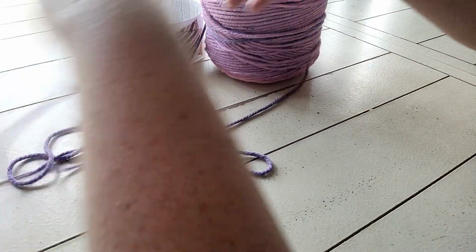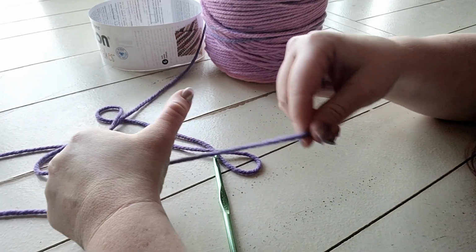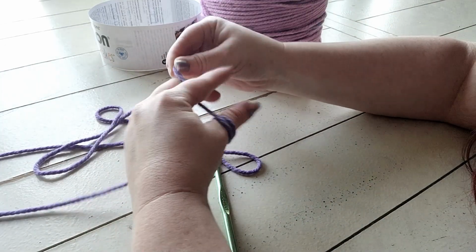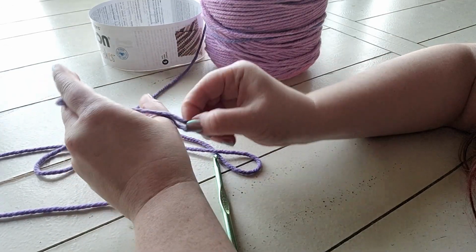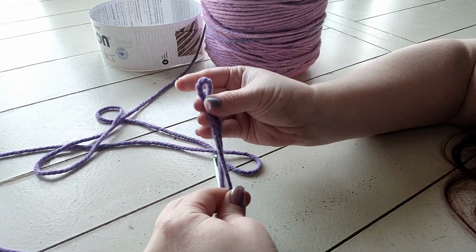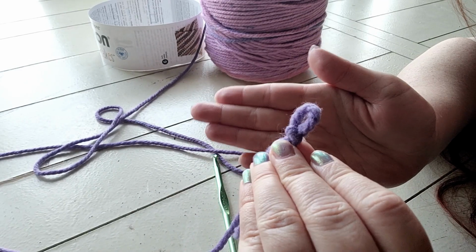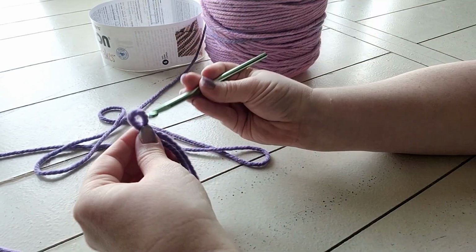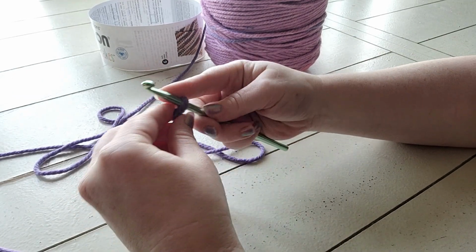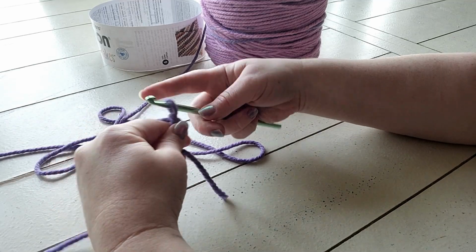So I am going to make my slip knot. So to make a slip knot, I wrap the yarn around my thumb. Then I wrap it again. I pull the loops through, a loop through, and then slip knot. Okay, I think I'm going to use the metal crochet hook just because I prefer the feel of the metal ones. So I'm gonna just chain 1,